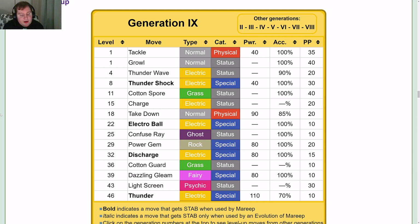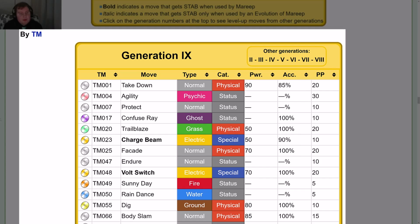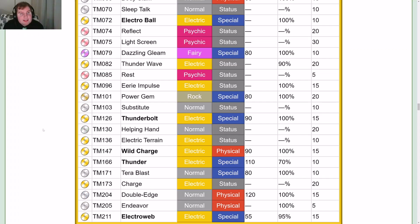46 Thunder. By TM: 1 Take Down, 4 Agility, 7 Protect, 17 Confuse Ray, 20 Trailblaze, 23 Charge Beam, 25 Facade, 47 Endure, 48 Volt Switch, 49 Sunny Day, 50 Rain Dance, 55 Dig, 66 Body Slam, 70 Sleep Talk, 72